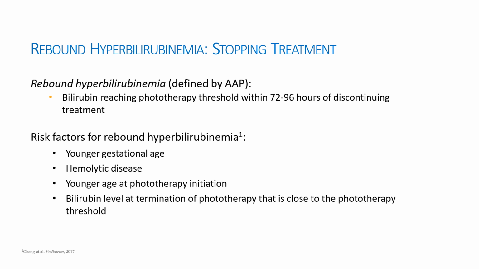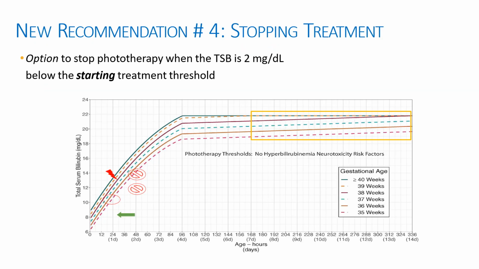This happens when you have a baby who is premature, of younger gestational age, with evidence of hemolysis or neurotoxic risk factors, or when phototherapy was started early and you decide to stop it when the level is just below the phototherapy line. According to the data from the literature, those babies are at higher risk of rebound hyperbilirubinemia. So the option to stop the phototherapy